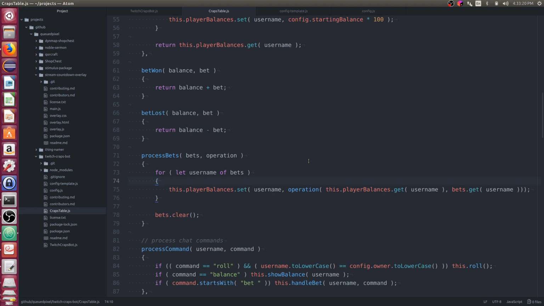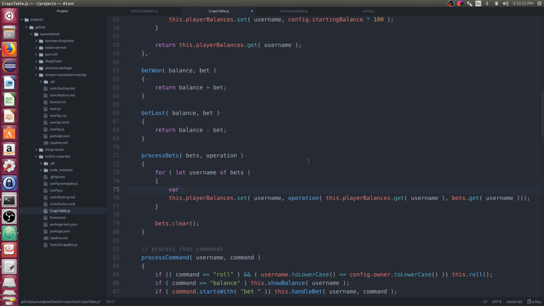So what I want to have is a variable, like var bet result, or let's go var result is equal to the win-loss result, which preferably would be through the operation function, but right now the operation function gives us a total of what their new balance is.